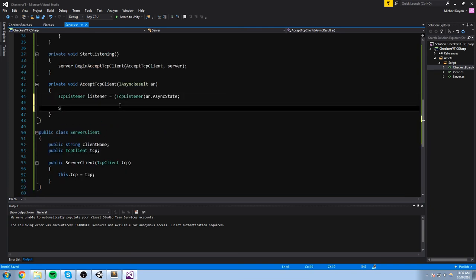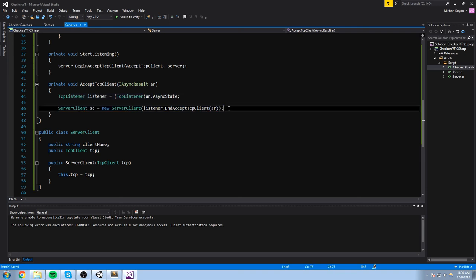Once we grab the listener, we're going to create a definition for that very person. So we'll do a ServerClient that I'll just call sc in this case is equal to a new ServerClient listener.EndAcceptTcpClient. We shoot the AR again, and then after that nothing really,